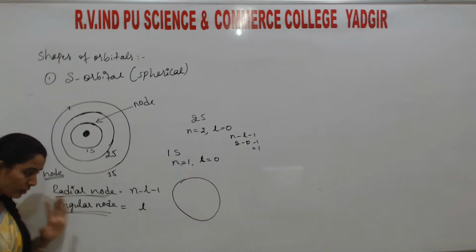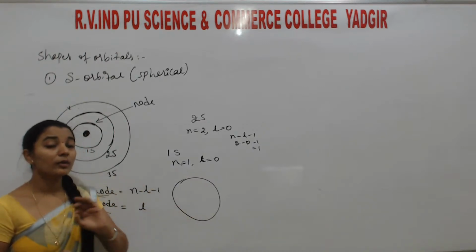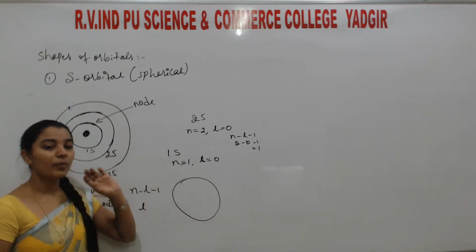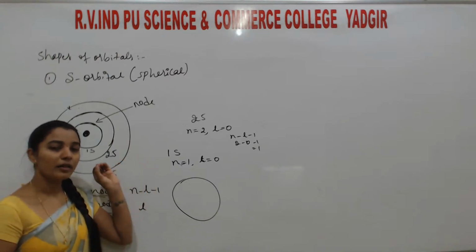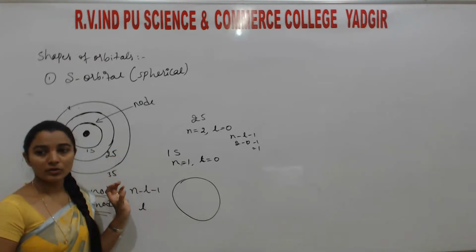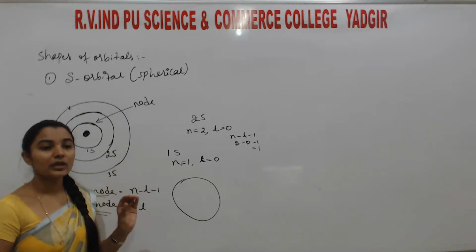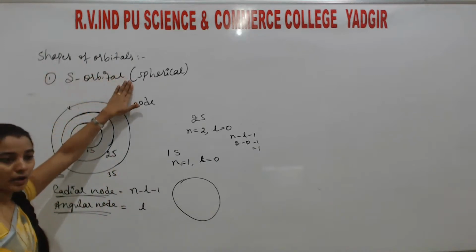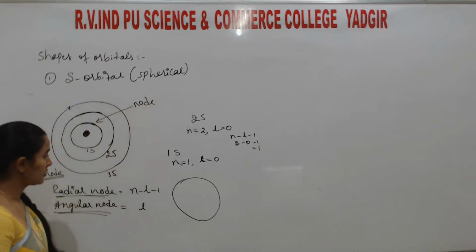Understood? So remember, in this S block element, there is no particular plane. This sphere means it can be possible in all the directions: X plane, Y plane, Z plane, in all the planes it may be possible because it is a sphere. You cannot measure the direction easily. That is the shape of an S orbital. That is spherical. So, students, if you want to check the order,